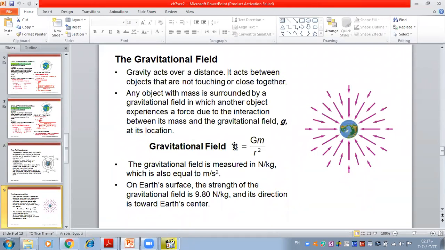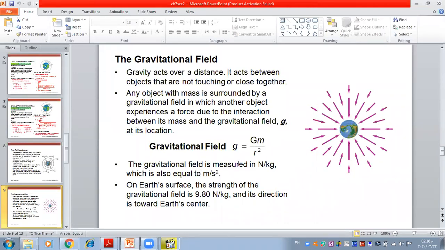And this gravitational field, in general, for example if I want to calculate the gravitational field of the Moon, I'll use this law. I want to calculate the gravitational field of Earth, which is this value 9.8, they used this law. If I want to calculate the gravitational field of the Sun, I'll use this law. If I want to calculate the gravitational field of Mars, I will use this law. So this is the general formula to calculate the gravitational field for any planet, for any object. Okay, I hope this is clear.